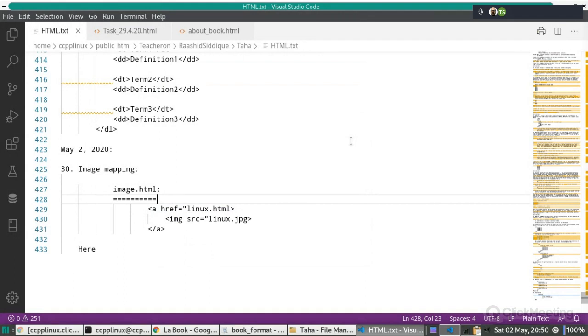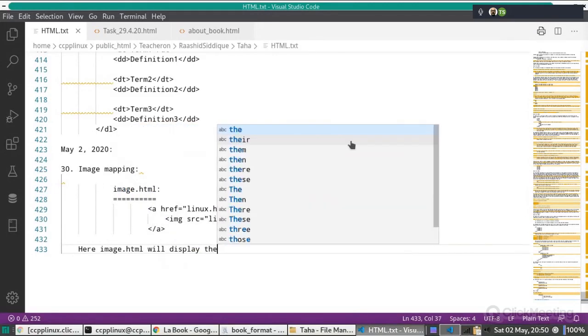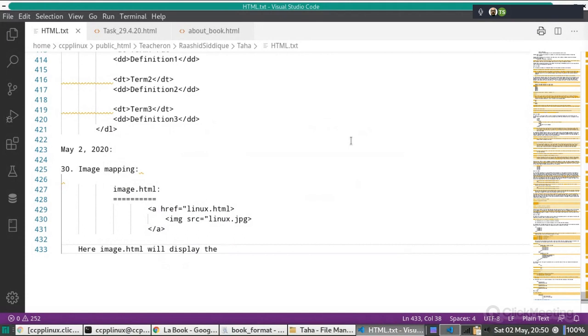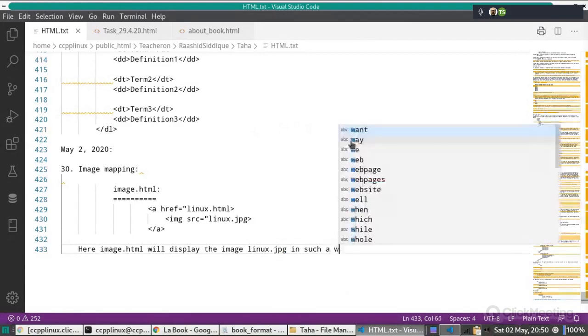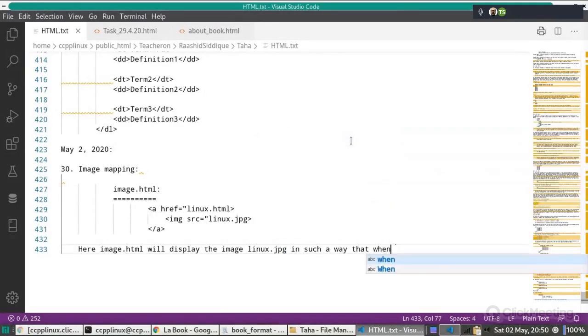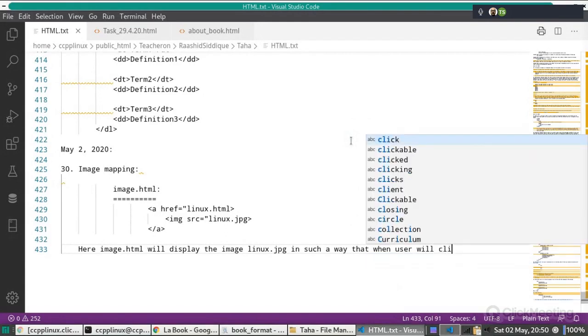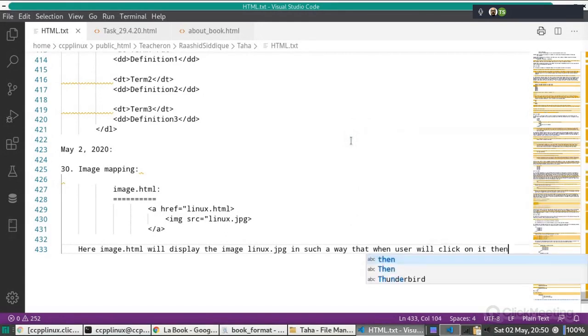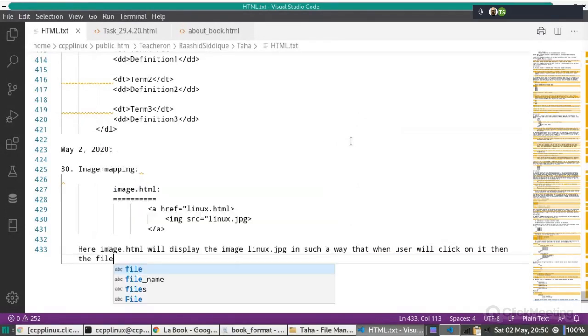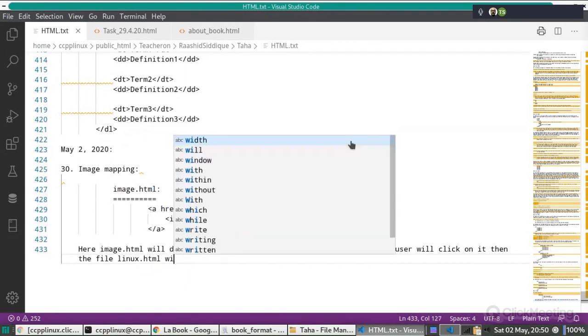Here, image.html will display the image linux.jpg in such a way that when the user clicks on it, the file linux.html will be displayed.